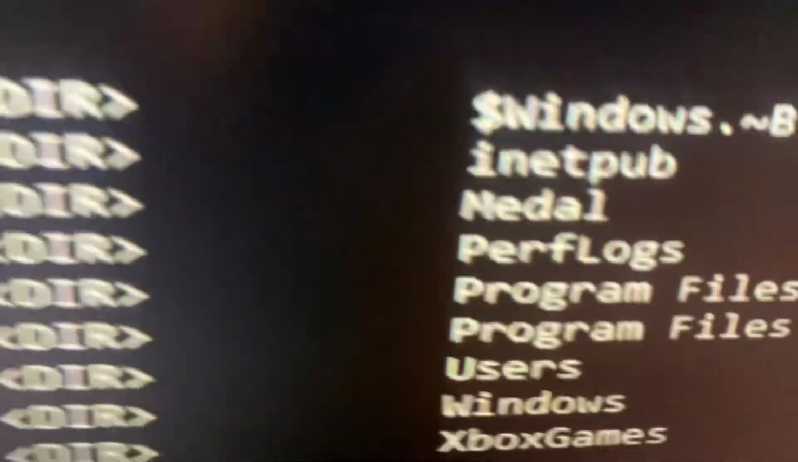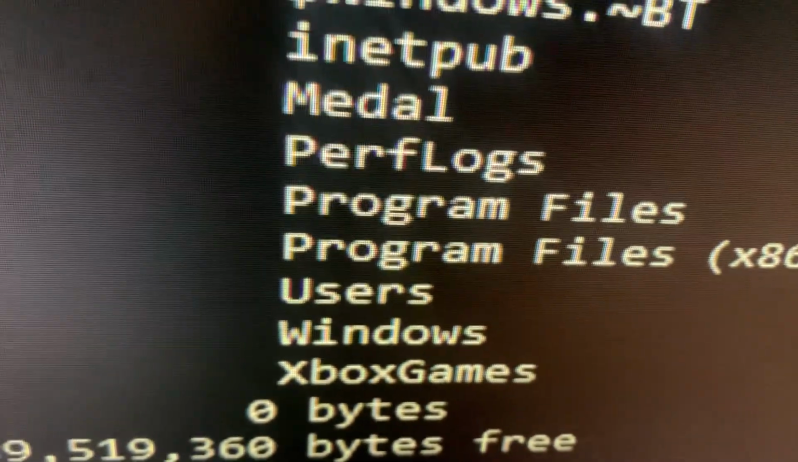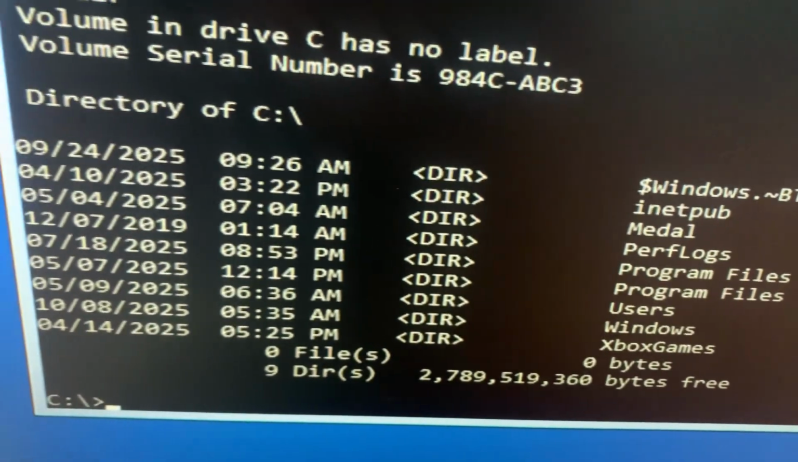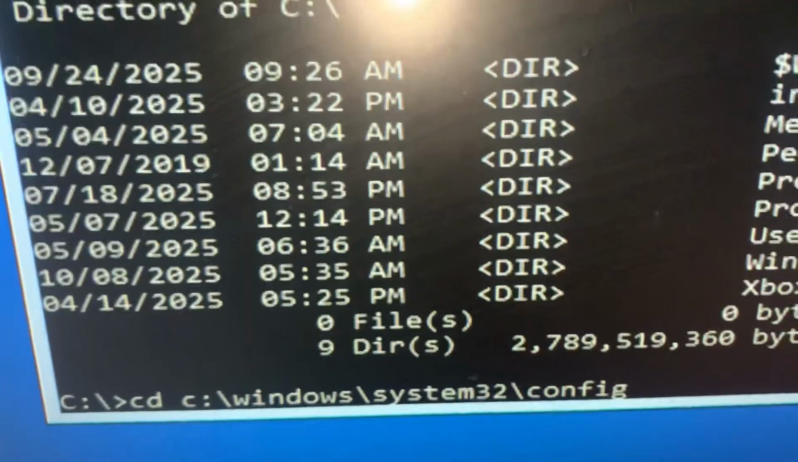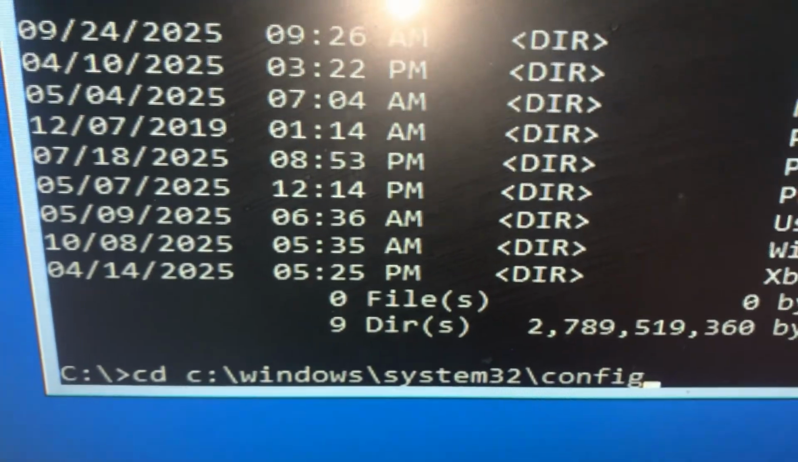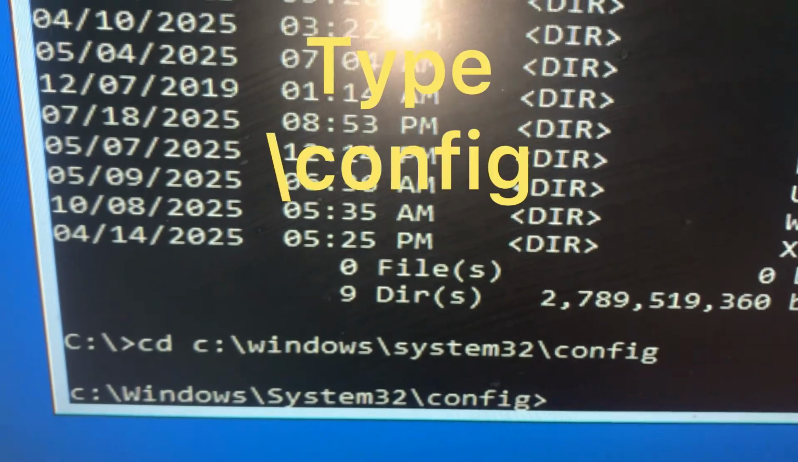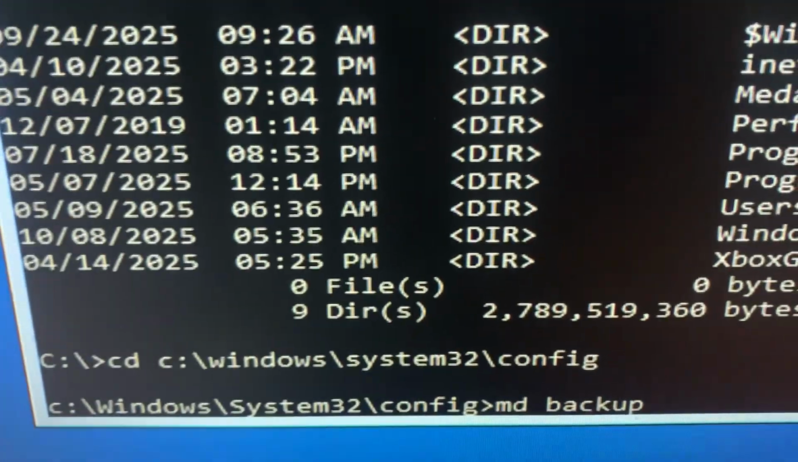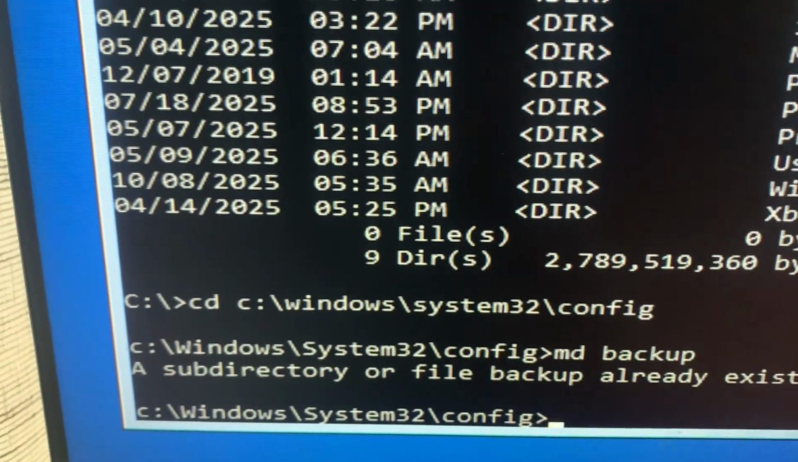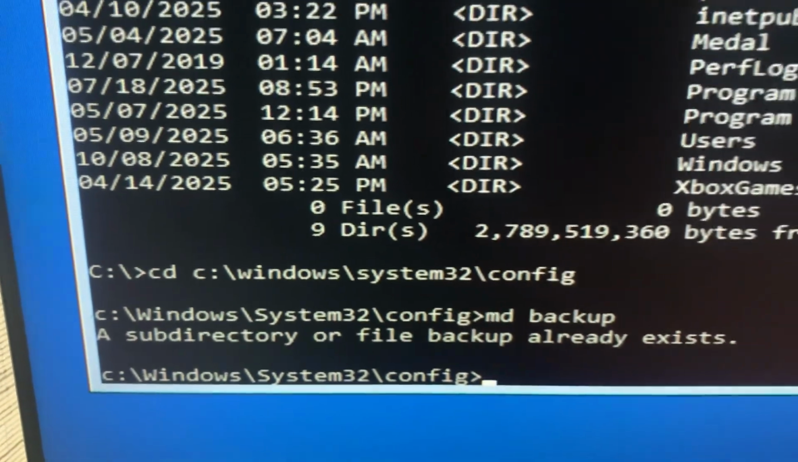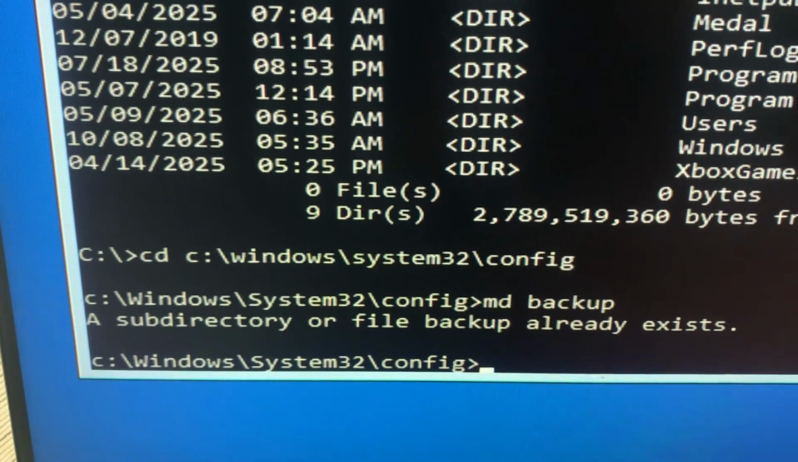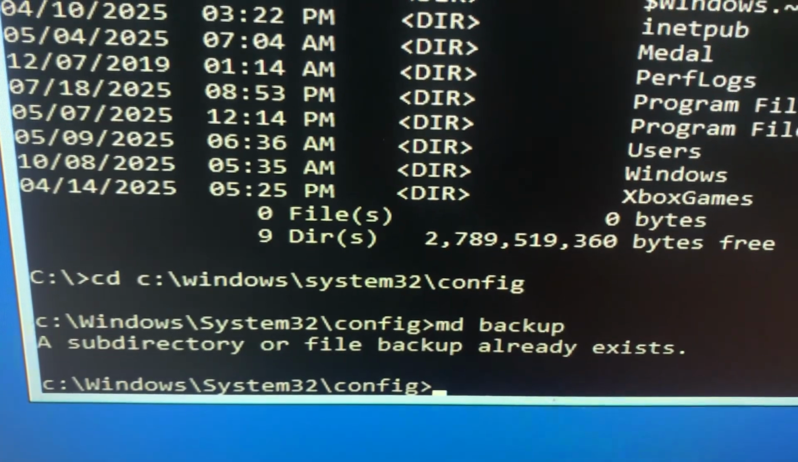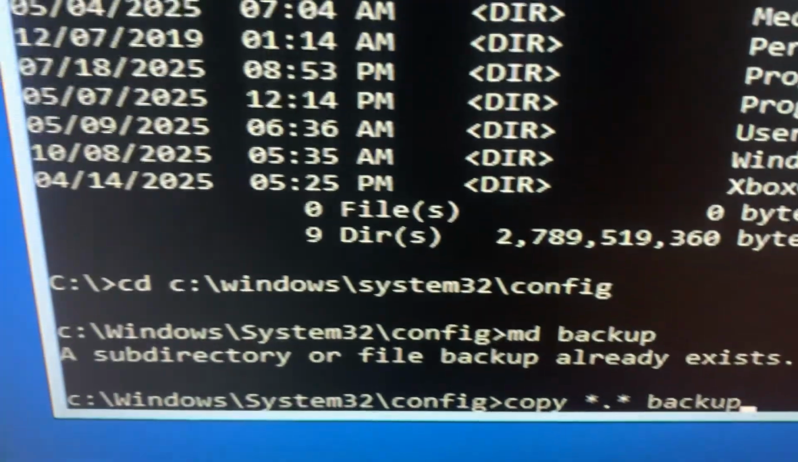Then type dir again, and here's what we're looking for, the Windows. So once you see the Windows in the directory, follow these steps. Type \config, enter. If you already have it there, you will see that message, but if not, you will then have created